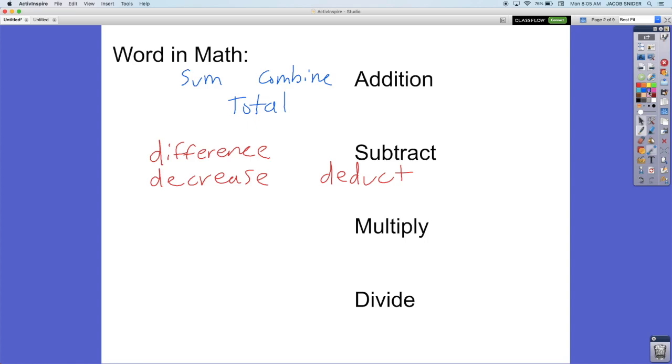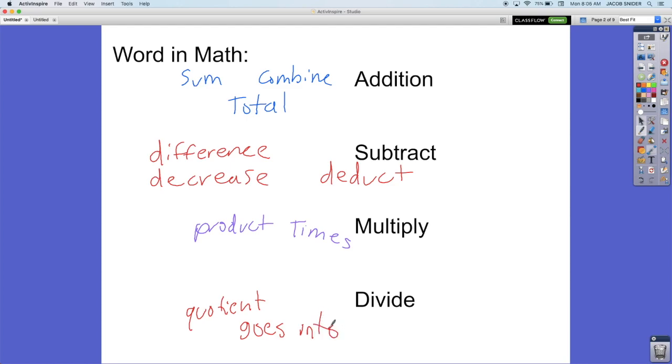Okay? Multiply, we might think of that answer is called a product. Okay? Multiply, times, all of those words can be used to talk about multiplication. All right, and divide, what do we call the answer to a division problem? Quotient, okay? Division is one of the tougher ones, and I want you to make sure that you have these ones down, okay? So you have this one. Write this, goes